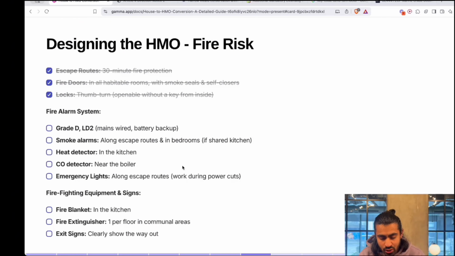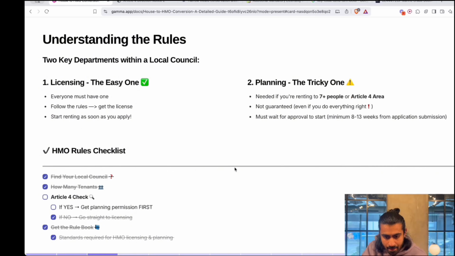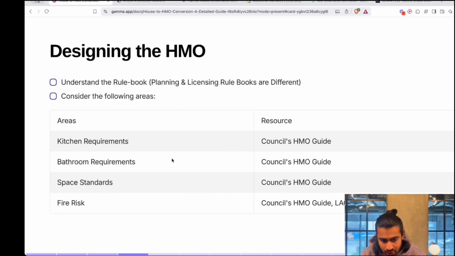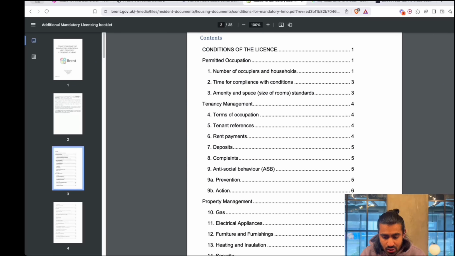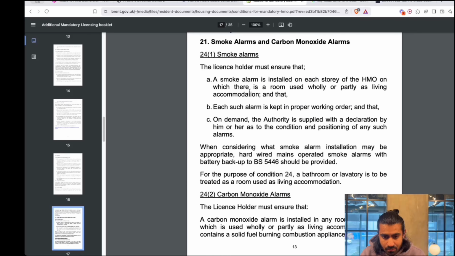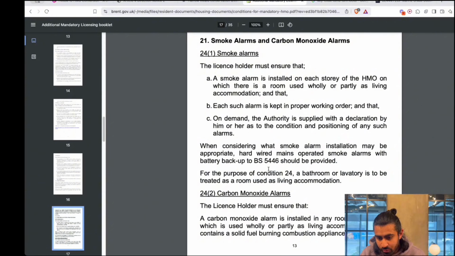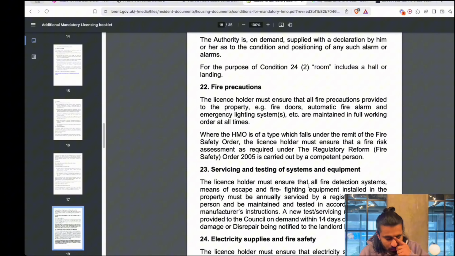So when you think of the fire alarm, if we go back for a moment, when we're thinking about the kitchen requirements, bathroom requirements, space standards, your local council's HMO guide will be fine. But when you're looking at fire risk, outside of obviously speaking to a consultant, there is another document called the LACORS Fire Regulation document. So if I go into the mandatory HMO license for a moment, and we go to fire safety,